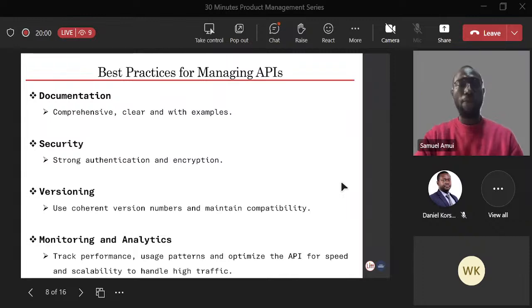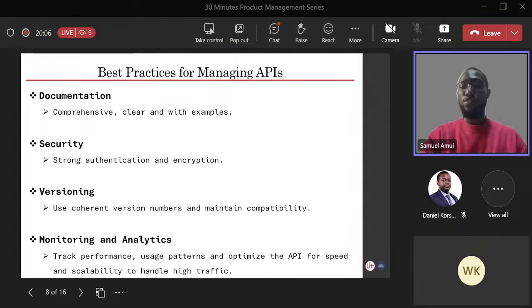Okay. Now, what are some of the best practices for managing an API? For a particular API that a lot of people are going to be using, it definitely means that if I'm not there physically, some people might be having issues hooking onto that API. So how can I mitigate some of these things? Those are some of the best practices that you have to take into consideration.